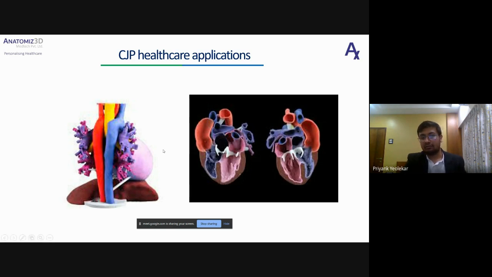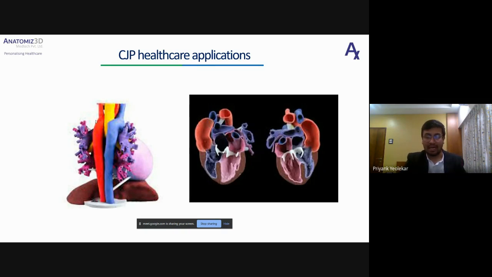Another advantage, if I have to say, of this technology is that the gypsum powder, after curing and after post processing, actually gives you the feeling of actual bone. I have not incorporated any bone images here, but let's say a surgeon wants to try a surgery on a model before the actual surgery.